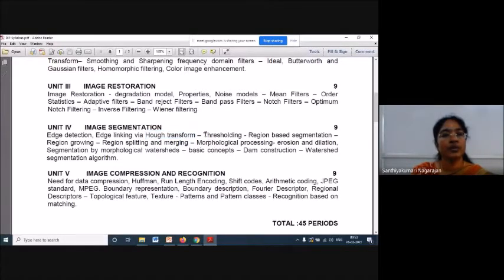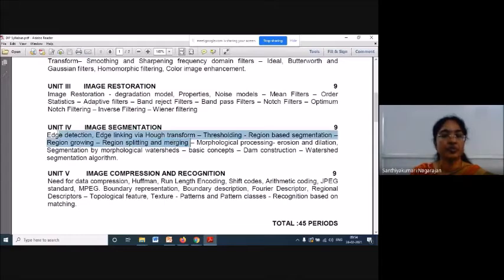You might already have studied the thresholding concept, which deals with either lower or higher information. You're going to segment that information in a region-based way. Just now I gave you an example: you group the balls either on a color basis or a shape basis. Likewise, you're going to segment the image either based on edge content, the sharp details available in an image, or based on region segments. Under that, you're going to go for algorithms such as region growing, and region splitting and merging techniques.